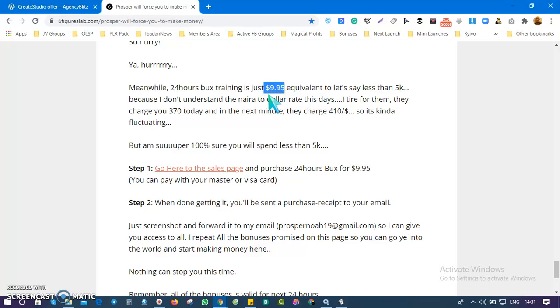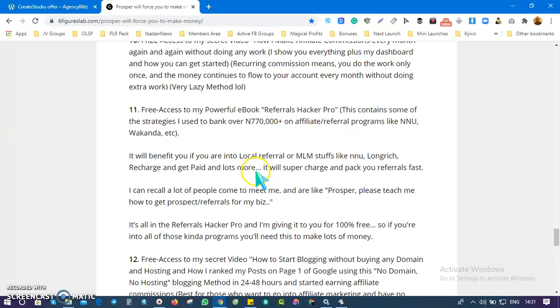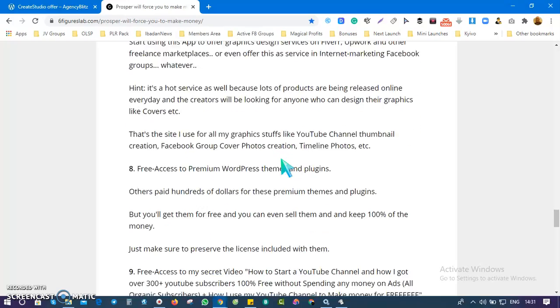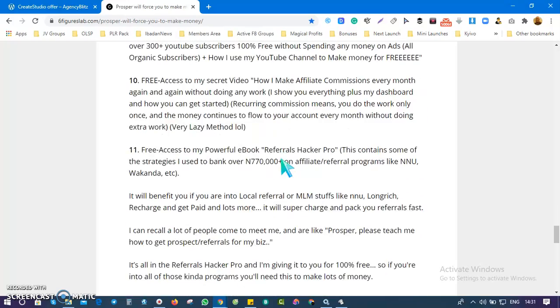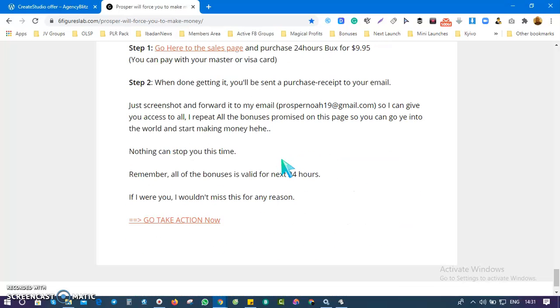So even if the product will not work at all, but then because of the bonuses being given, we just say, well, let me get that product, and then I'll get all these amazing, crazy bonuses. In fact, if I actually wanted all this, I can also go ahead and pick it up, but I don't need it. But you can see this kind of stuff will get you more conversion and